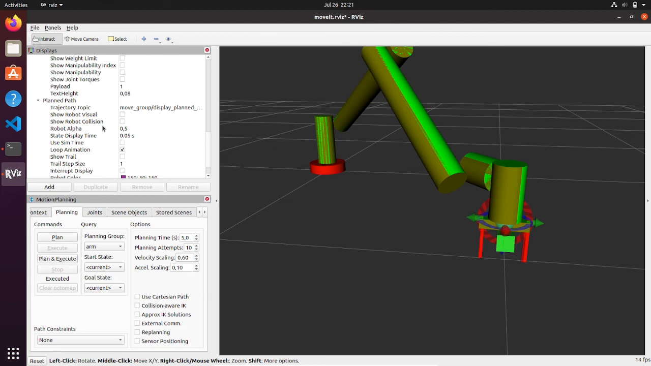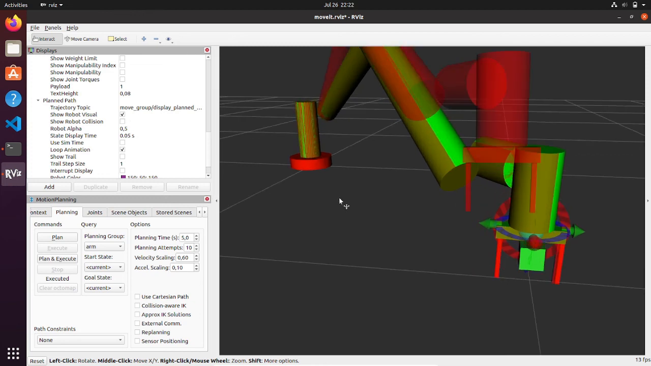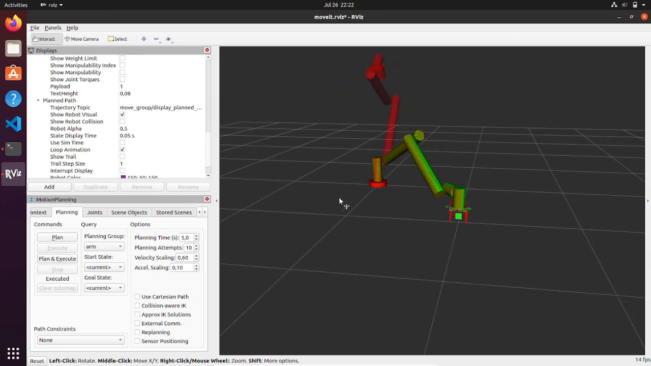And as I already told you, if we want to animate the motion planning and display the motion trails, we should enable this option. So, for example, by doing this, we already see it here. But sometimes it makes some